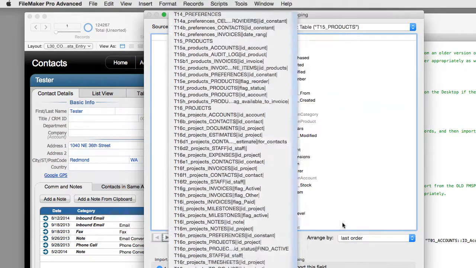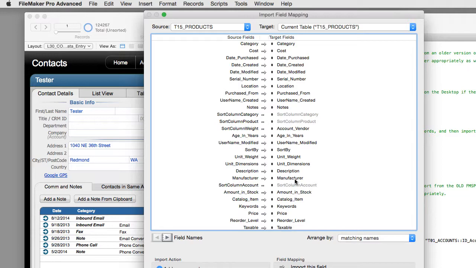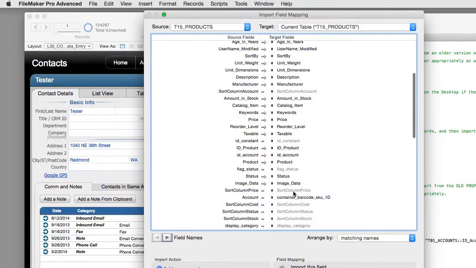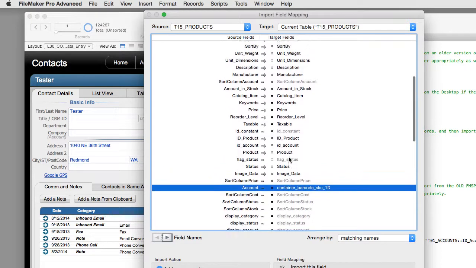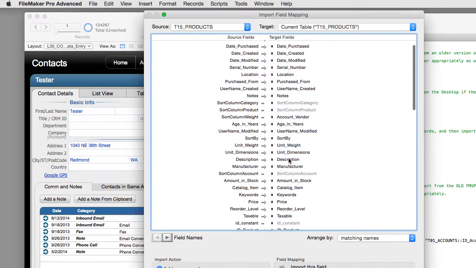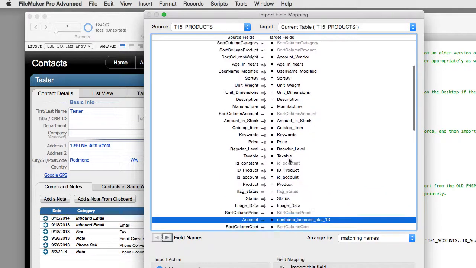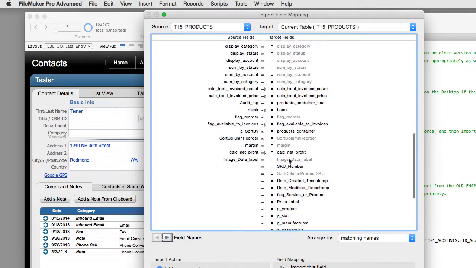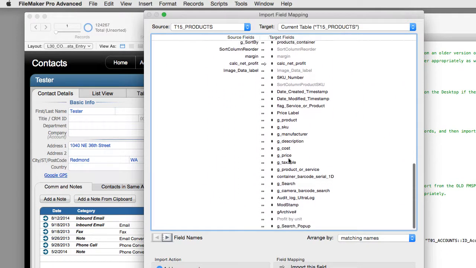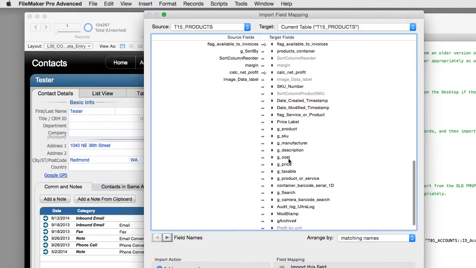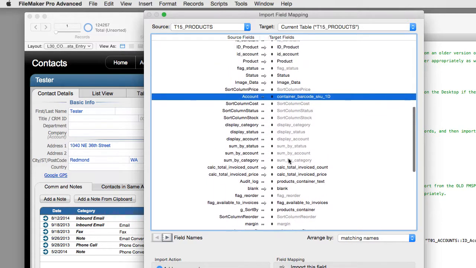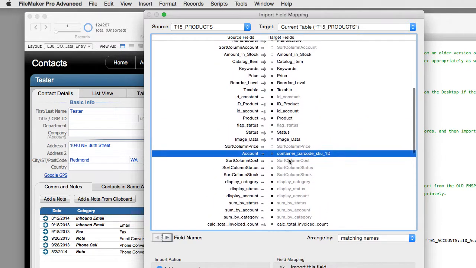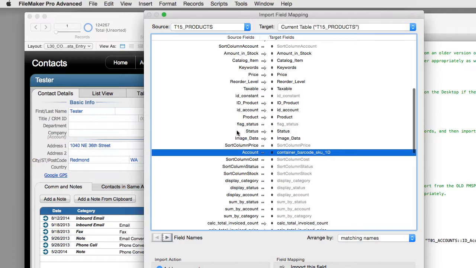Products. There's products. Matching names, once again. Cross looks good. Description looks good. Account SKU number. Now, SKU number is not lining up here. Now, that's a problem. This is one of those moments where you're going to have to sit and straighten this out. Why is SKU number not lining up? And that's a really good question. Did SKU not exist in the old version of FM Starting Point? It very well may not have existed. The problem is I don't remember FM Starting Point 3 that much because that goes back over a year ago for me and my brain, and I don't remember every last thing that we did. If I look over here,